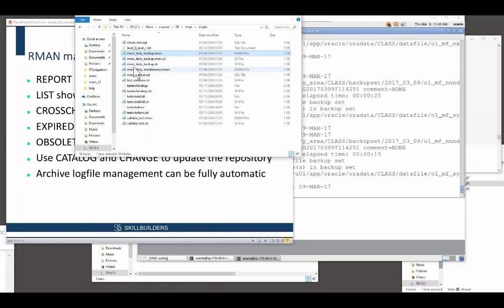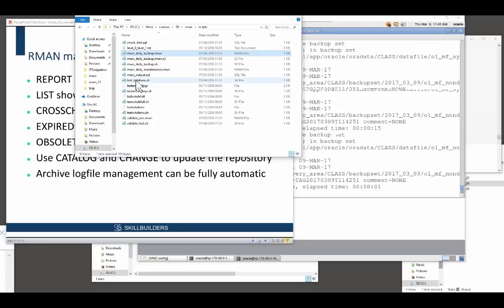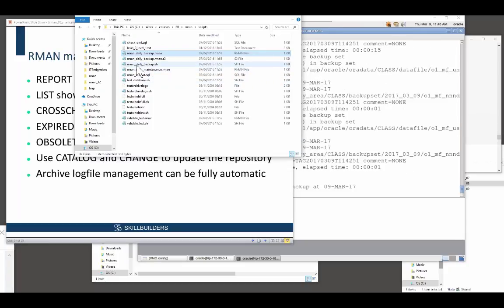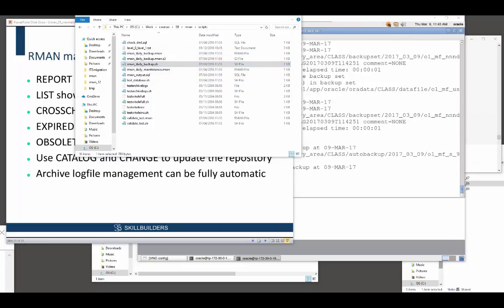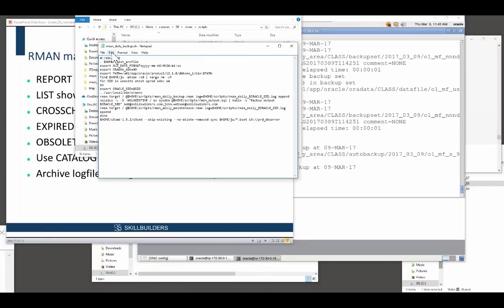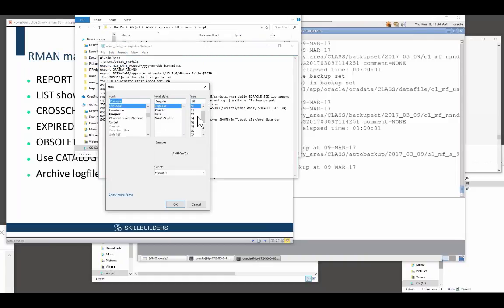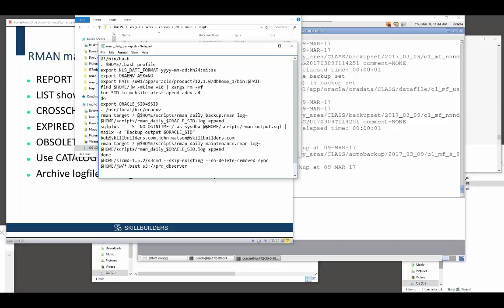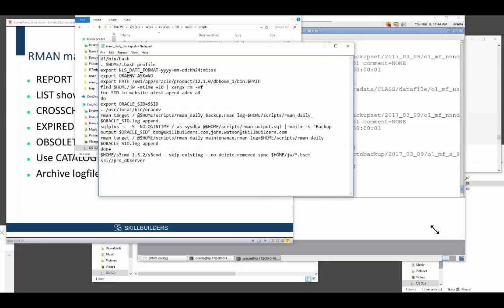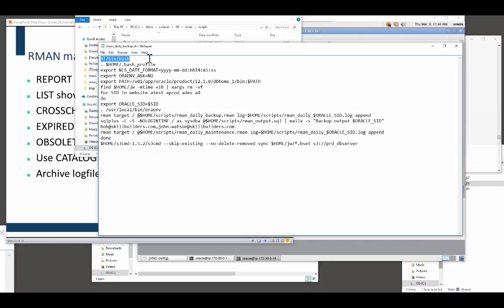What we have, this is taken from one of our production systems, RMAN daily backup.sh. Right, I'll expand the font. We have a cron job that runs this script. And you'll see, don't bother taking notes, by the way, you'll see the scripts themselves in the next chapter. But what this is doing is launching a bash shell,